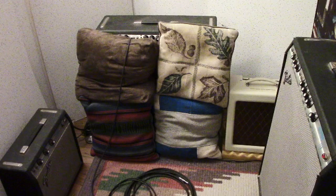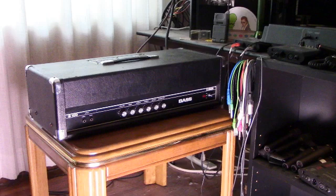Behind those pillows is my 69 Super Reverb, mic'd up with a CAD Ecotech 100 mic. The amps are located in a makeshift isolation booth. Here's the late 1970s Yamaha bass amp. I take a cable from the record out jack on the back of it into a preamp in the recording